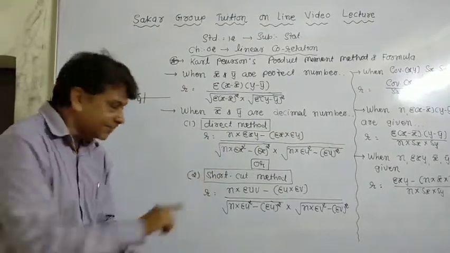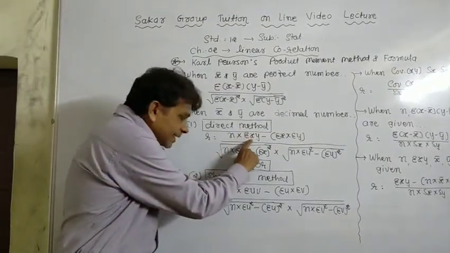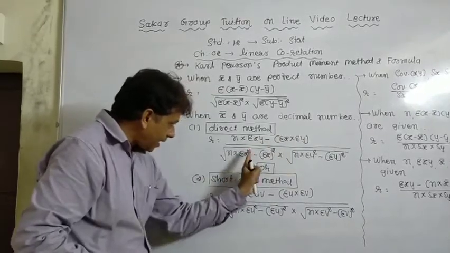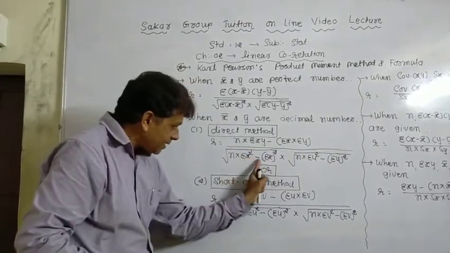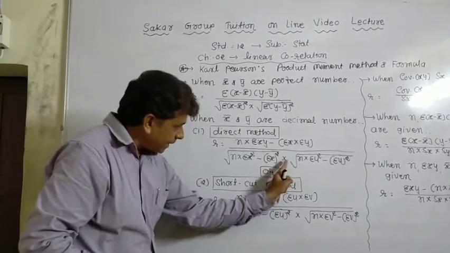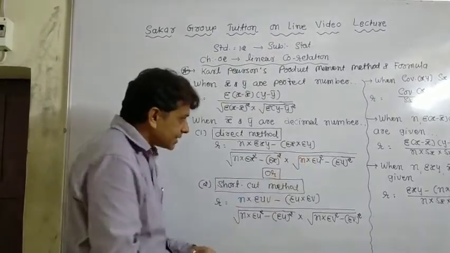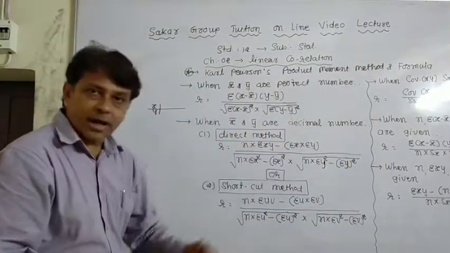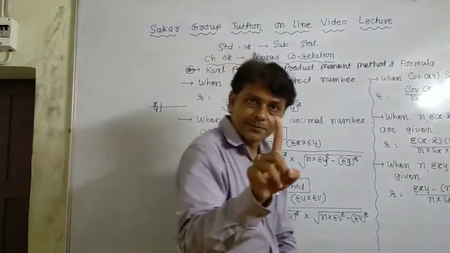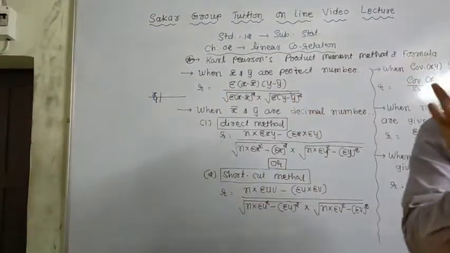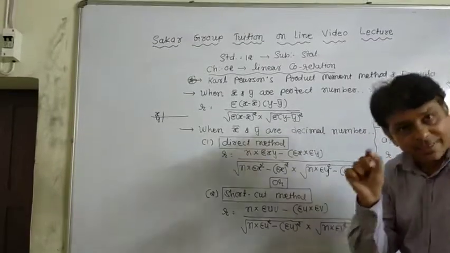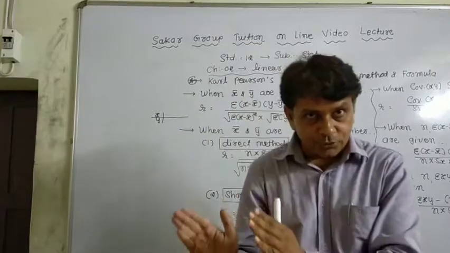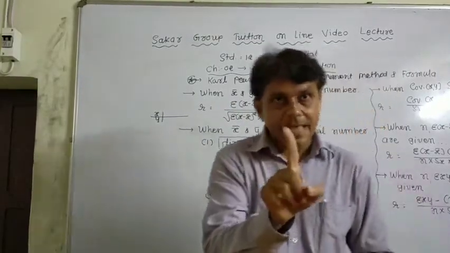Now listen, be careful. If you want to take the direct method when the means are decimal numbers, then the formula is: r equals n into sigma xy minus bracket sigma x into sigma y, divided by under root n into sigma x square minus sigma x whole square, multiplied by second under root n into sigma y square minus sigma y whole square. But listen, be careful. This direct method formula is used when the numerical values of both variables are given as less than